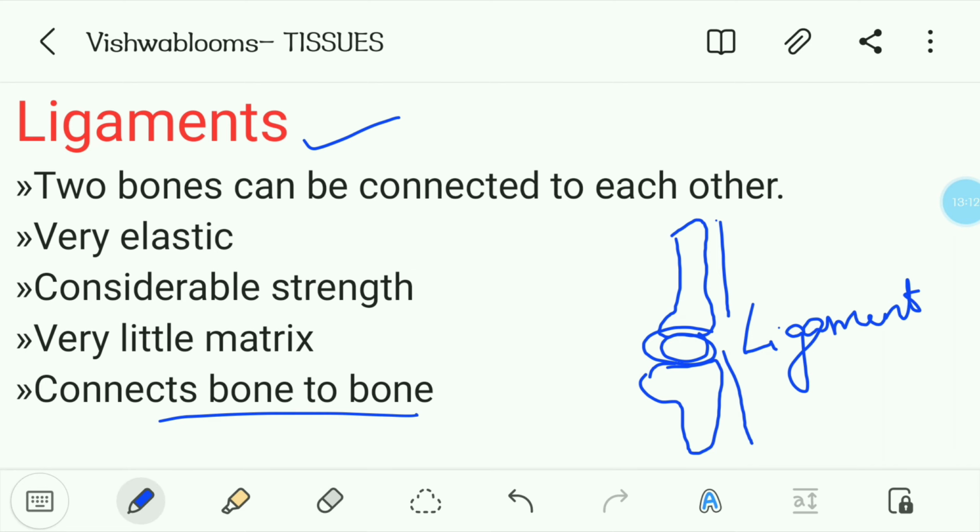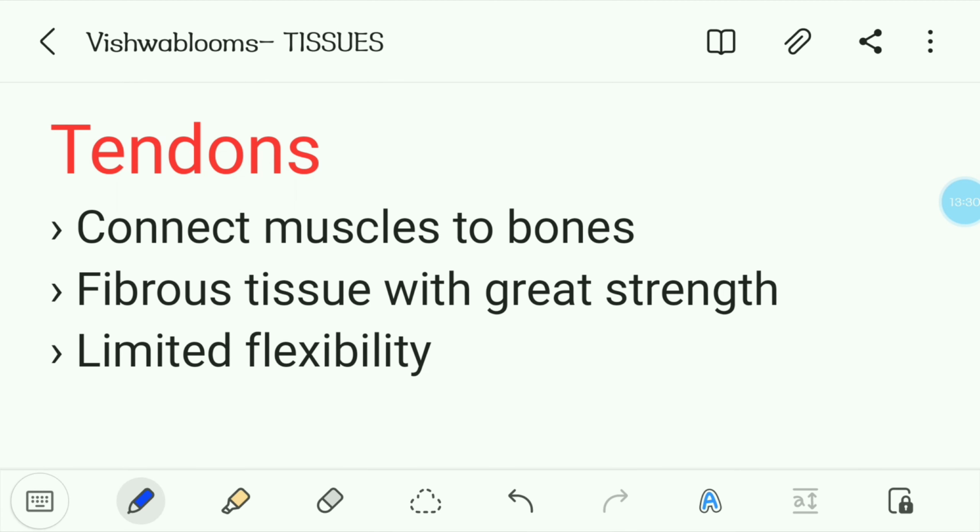Considerable strength means that it has only limited movement, so you cannot bend it backward, right? Only up to 180 degrees you can keep your elbow, right? Only till 180 degrees, you cannot go 360, right? You cannot go. So that's what considerable strength is. Okay,